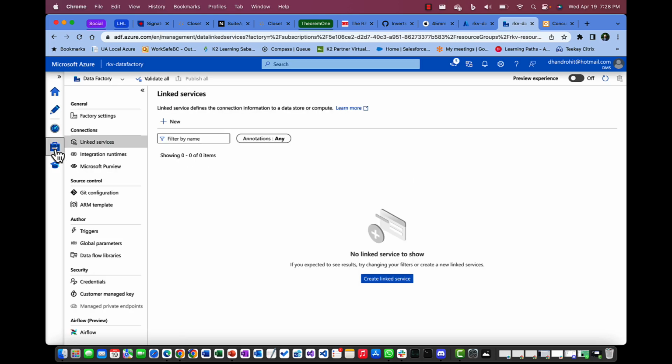For example, you create your linked services over here, integration runtimes, or Git configuration you could do, or triggers you want to set, how you want to run your Azure Data Factory. Everything is saved for you by default. It's a kind of management governed by Azure, so that all your artifacts within Azure Data Factory are saved. I hope, guys, this video gives you a clear-cut demonstration of how you create